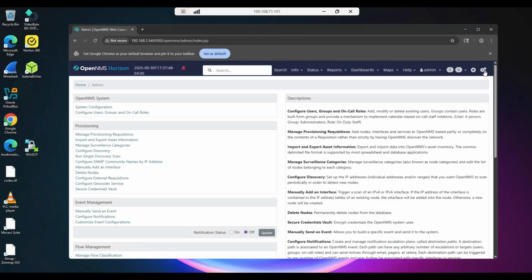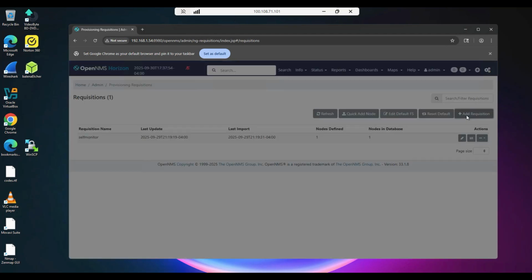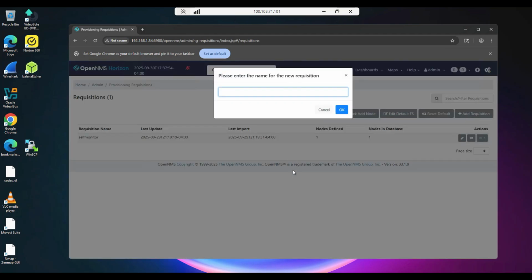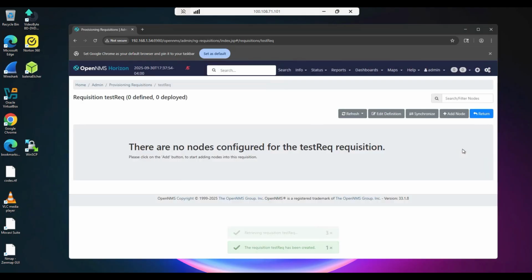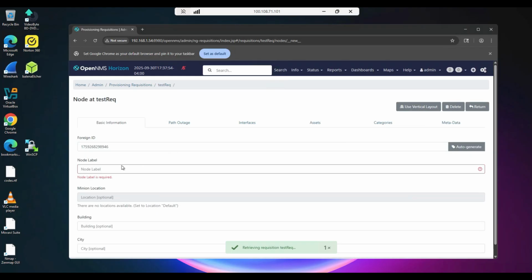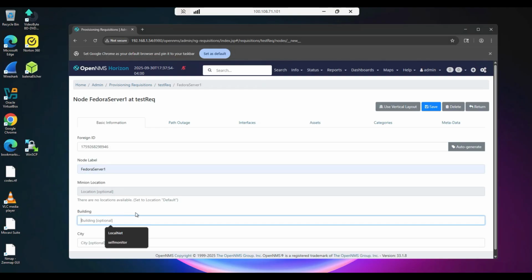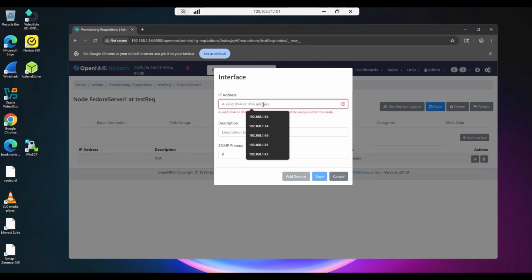So let's go ahead and go here. Let's do manage provisioning requisitions. So we'll add a requisition, and this will be for the remote client. We'll say test rec. Okay, let's go into this new one, do add node, and this will be our Fedora server, and this will be add interface, and this will be